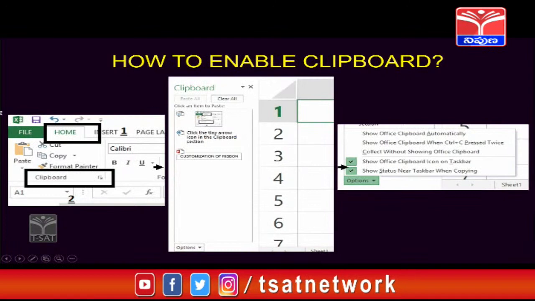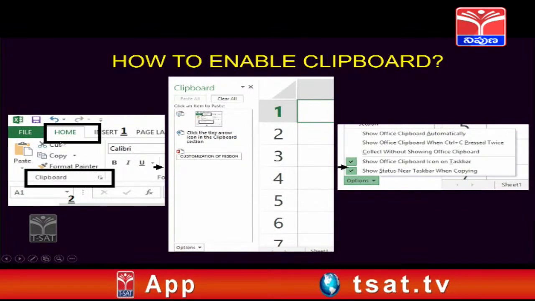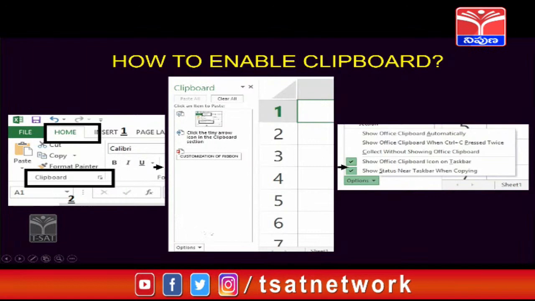As you can see on the left hand corner of the screen, we have the Home tab. Once we click on the Home tab, we can go down and see that there is an option known as Clipboard provided here, and we are supposed to click on this arrow just beside the clipboard. Once we click on this arrow, the clipboard opens, as you can see on your middle screen,